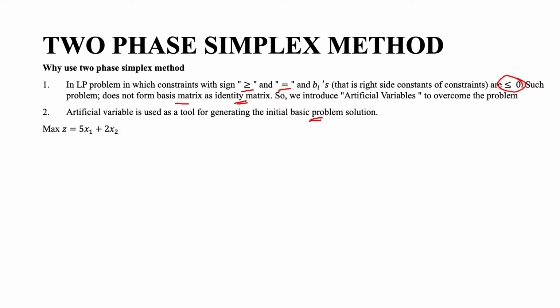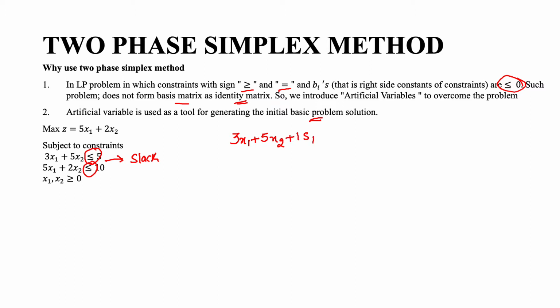Okay, so suppose I am having a first example in our standard form where my inequalities are in less than or equal to form. So the first step in any simplex method is to convert the inequality constraint into an equality constraint by using a slack variable. So what will be my equality constraint? 3x1 plus 5x2 plus 1s1, s1 being my slack variable for this equation, which will make it equal to 5. Similarly for the second equation